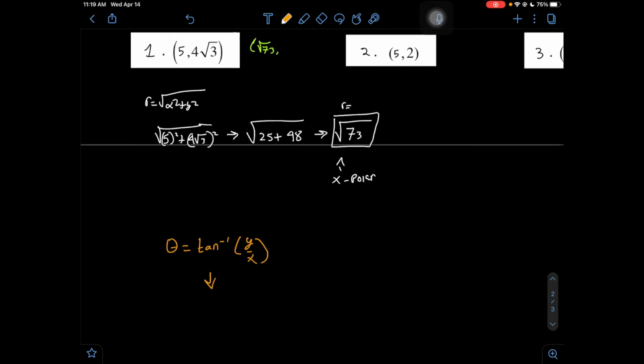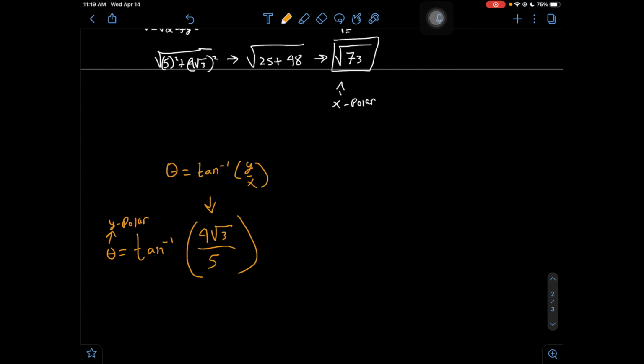We said our y is 4 square roots of 3 and our x is 5. And we take the tan inverse of this. This is going to equal theta. Theta is our y value for a polar. And now let's go ahead and solve for theta. And we should get theta equals